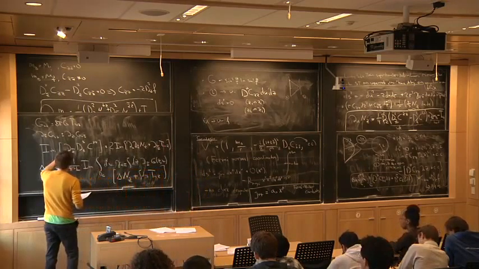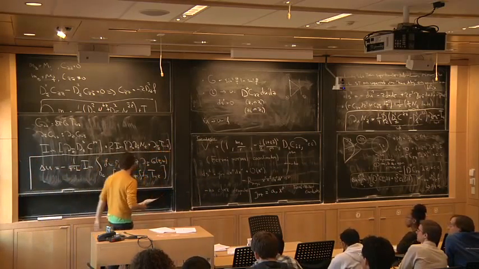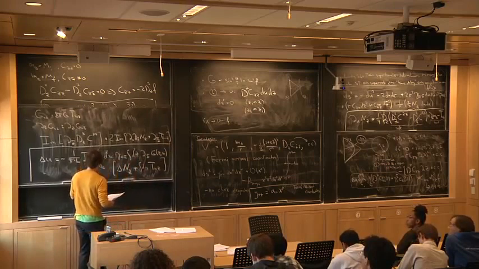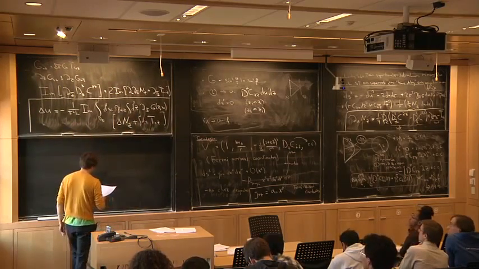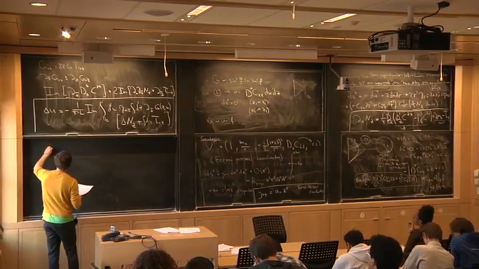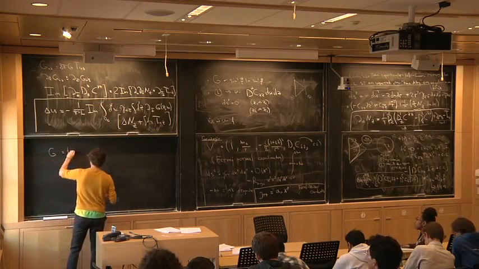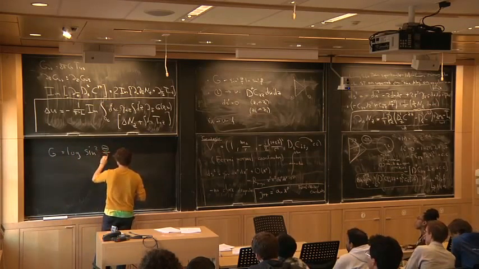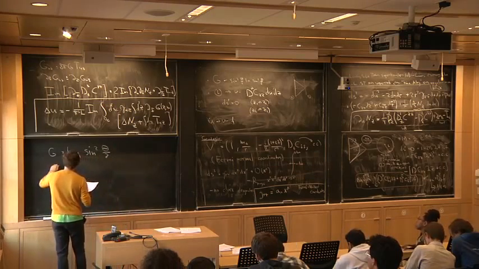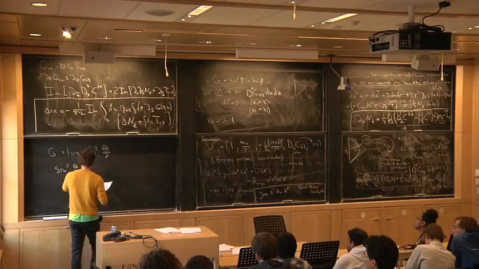Okay, that's the result. There are a few important features. Well, first let me write again here g is equal to simply log sine square theta over 2, and the sine square of theta over 2 is related to